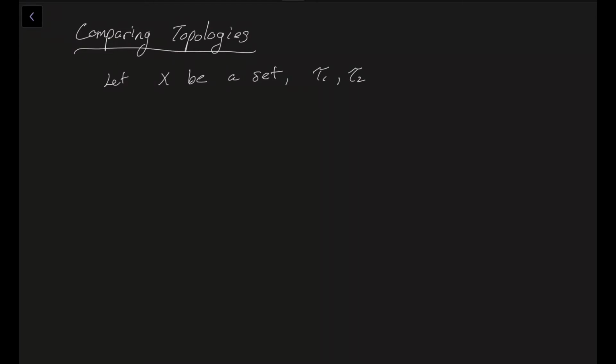So the next thing that we want to talk about with topologies is comparing them. So can we say one topology is more descriptive than another? So let's talk about this a little bit more formally. If we have X as a set, and we have two topologies on the same set, say tau 1 and tau 2,